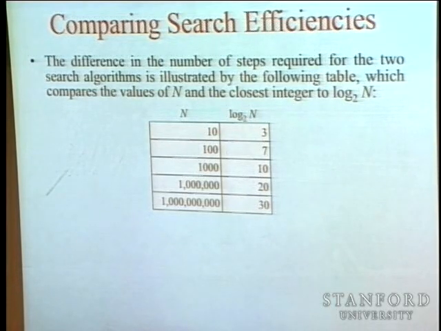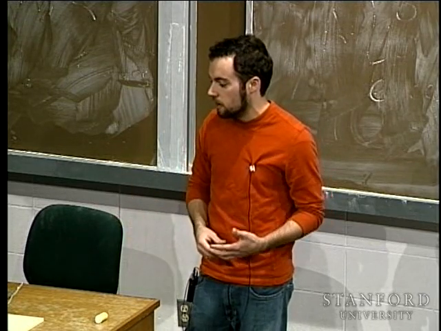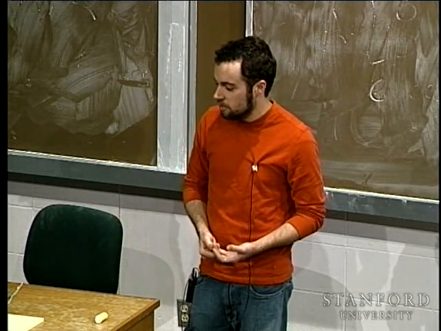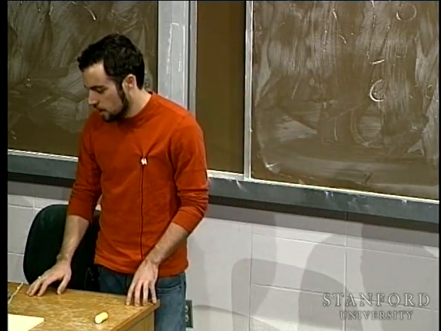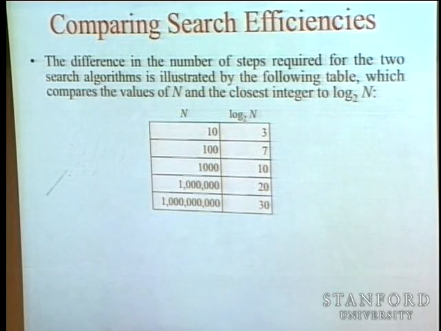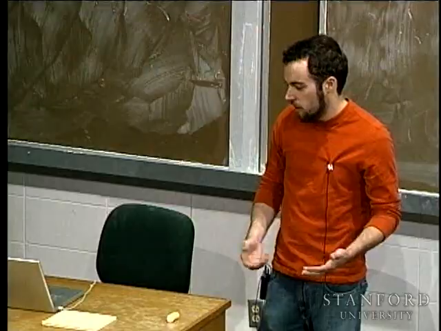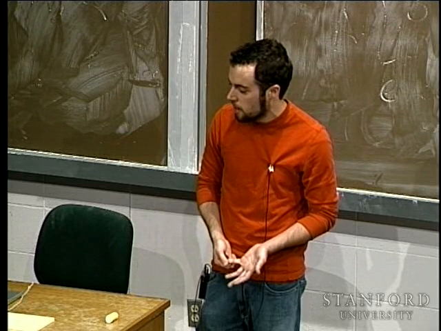If it had been log base 10, the number would be approximately the number of digits in n, if you wrote it out as a decimal number. In log base 2, it's the number of binary digits if you were to write it out as a binary number. So you know that it's easy to write very large numbers with a string of digits. And in this case, if we scale all the way up to 1 billion here, then 1 billion has approximately 30 binary digits. Or another way of saying this is that the logarithm of n base 2 when n is 1 billion is 30. So notice how log base 2 of n is growing relative to n.